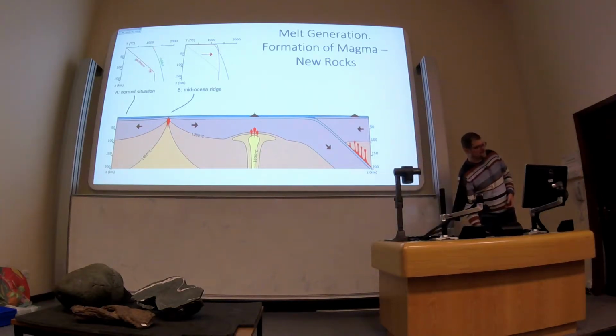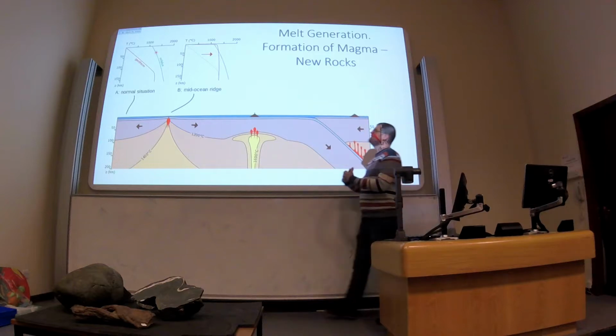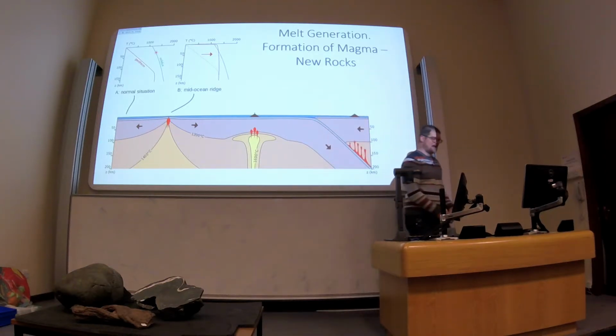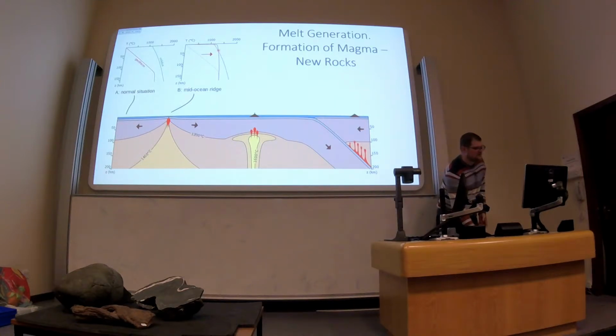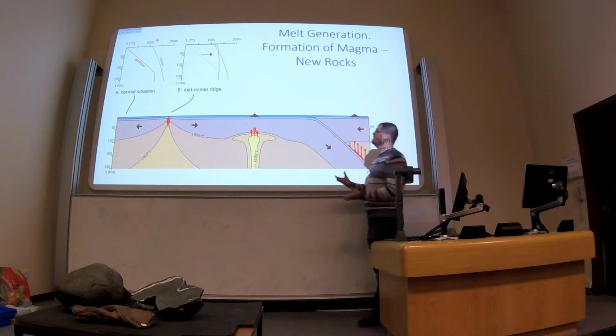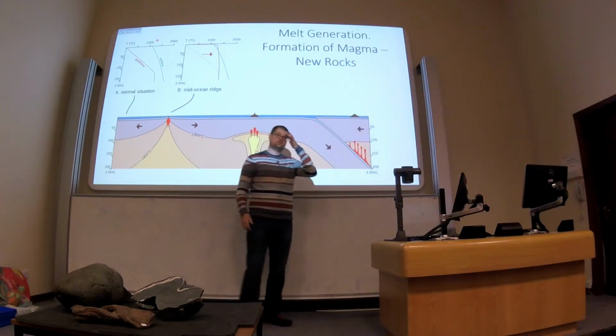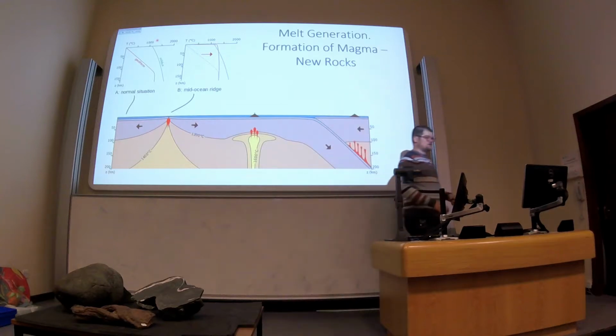But if we took some of this material here that was at depth, that was hot, and we brought it to the surface quickly enough, it wouldn't have time to cool down. So it would keep the temperature that it had at depth, which would mean that it would cross over this line here, which means you would get some melting, you get some magmas formed, and then those magmas eventually reach the surface and they'd cool into a rock. So that's one reason why we get rocks at those environments.